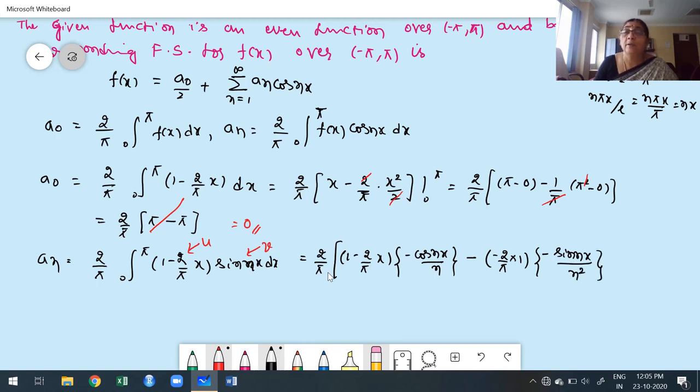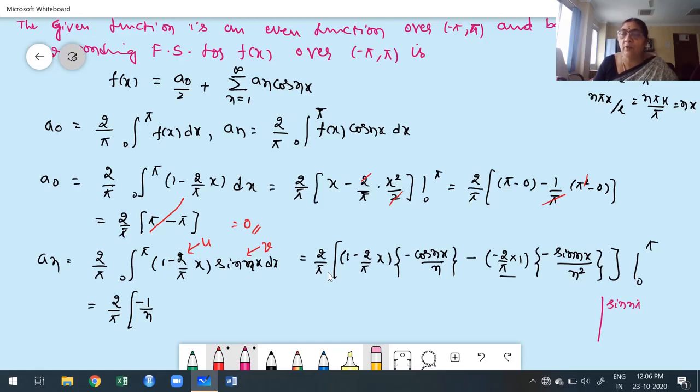What's my limit? Now it's not necessary to move to the next term because we already get a constant. The next derivative of a constant is 0. Therefore further higher terms are 0. Therefore what's the limit? 0 to pi. Therefore what we get is 2 by pi. While applying the limit I have to keep the constant 1 by n. I told you a number of times, before moving to the next step, if you have a product of sine or cos, first verify what happens in the corresponding limit.